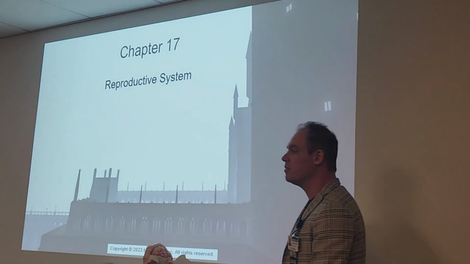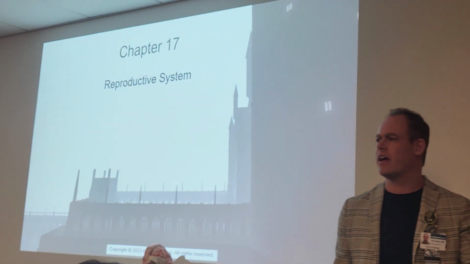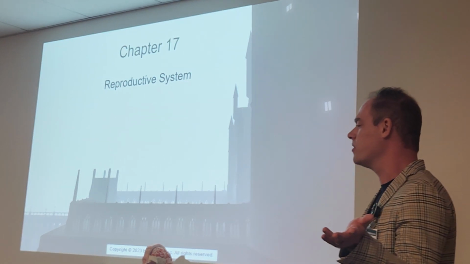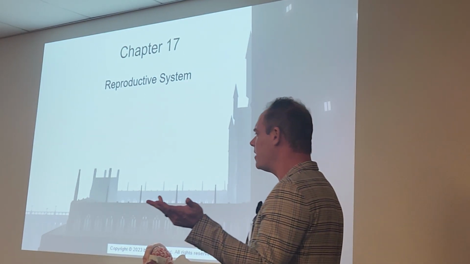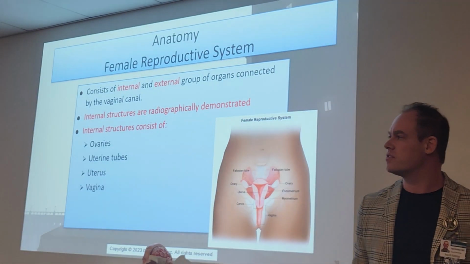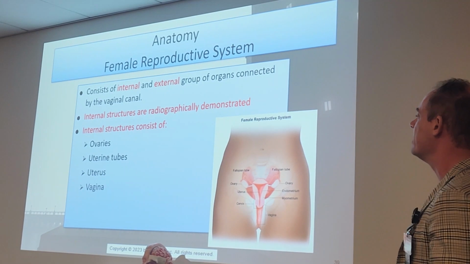Parts of the reproductive system, mostly on the female side, as males are all going to basically go to sonography these days. We don't really do male exams in radiography much anymore. We'll talk a bit about them as well. Okay, so starting with the anatomy of the female reproductive system, we're going to look at the internal and external